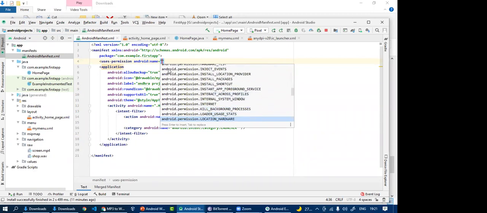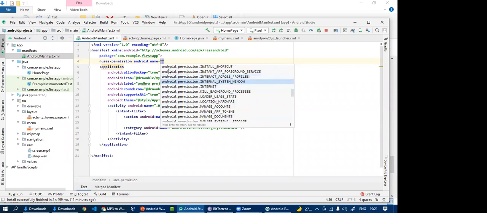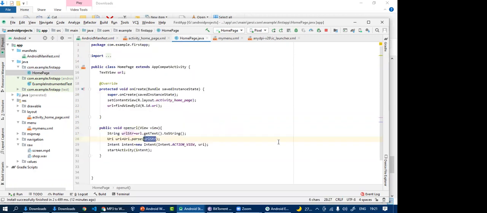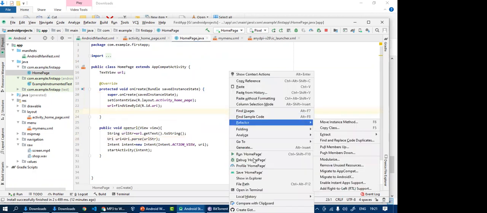There are many permissions that you will have to declare. Now I think it's fine, and when we run the code,